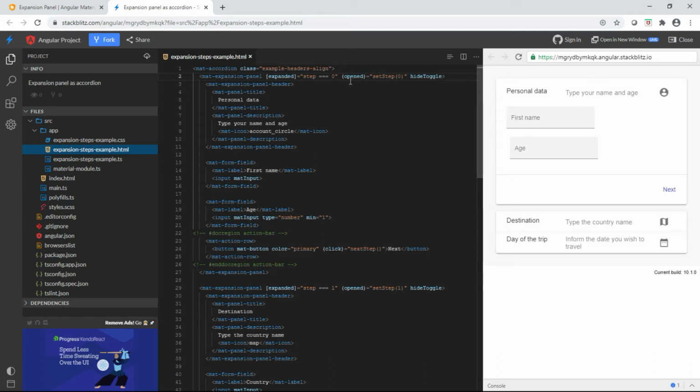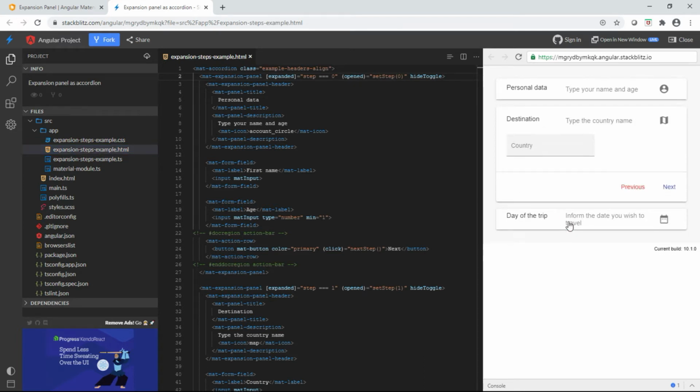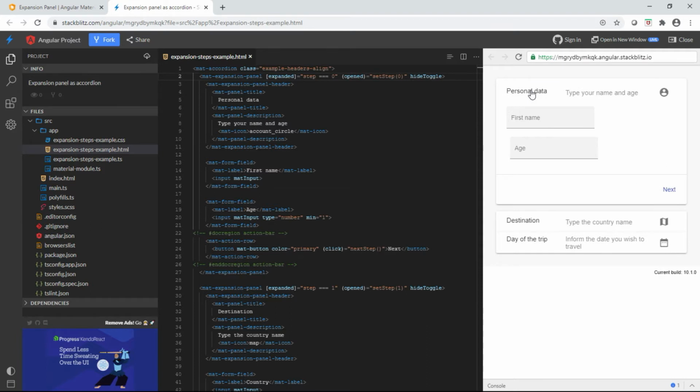And then there's also this open, which calls the function setStep(0). So if I come up here and I click this first expansion panel, it's going to set the step to be 0. And this way, when next gets clicked, it goes to the next